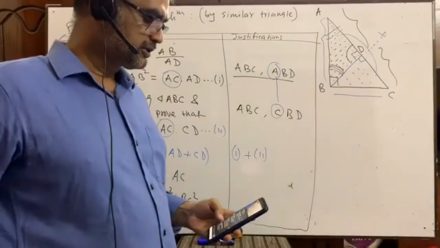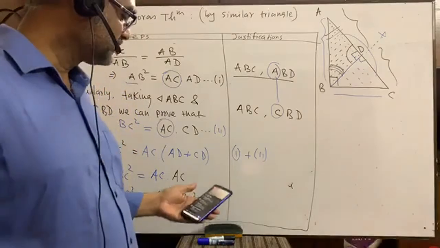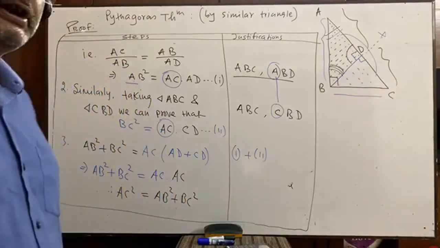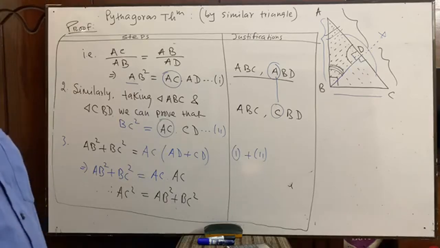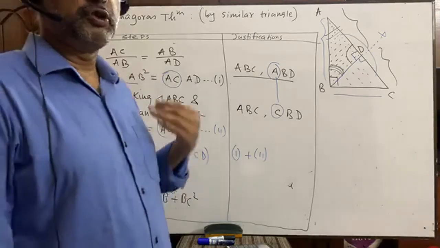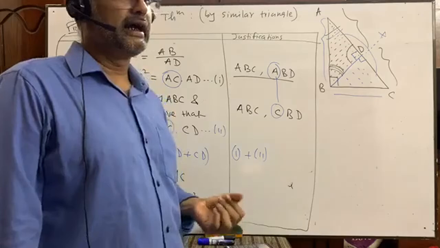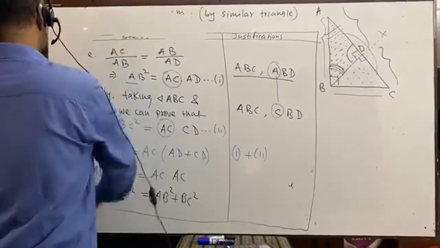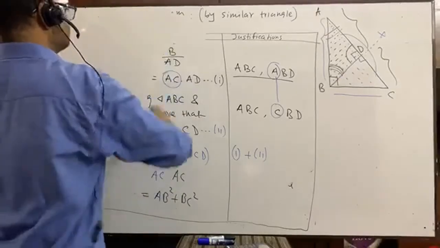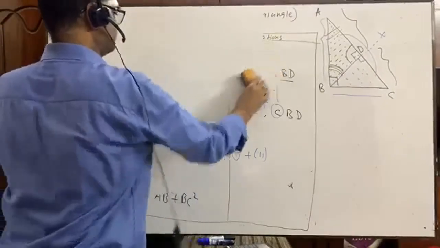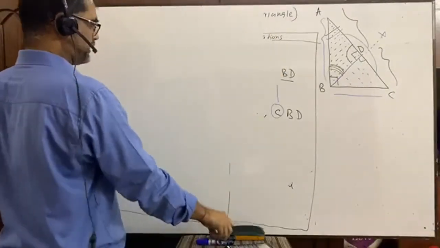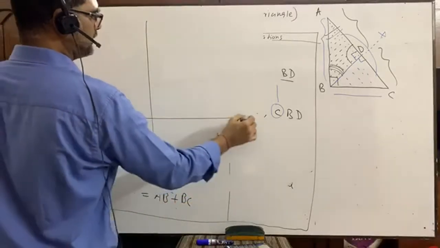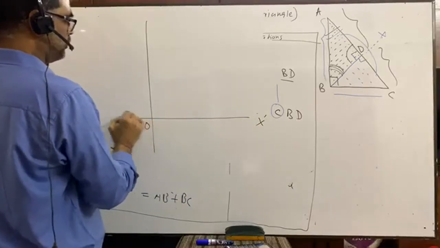Histogram description, that's a good question. Actually it is also written in the book. But even after that, for drawing a histogram, what is to do? At first we have to write down. Suppose you see, for histogram, what will you do? It is a graph paper. You write down here X, O, in this way.